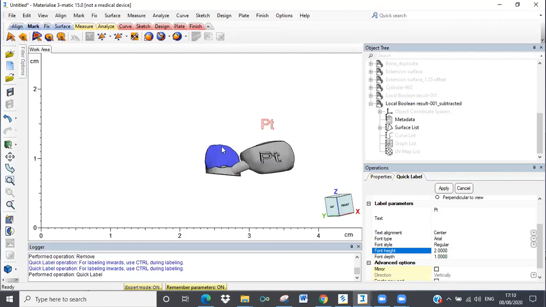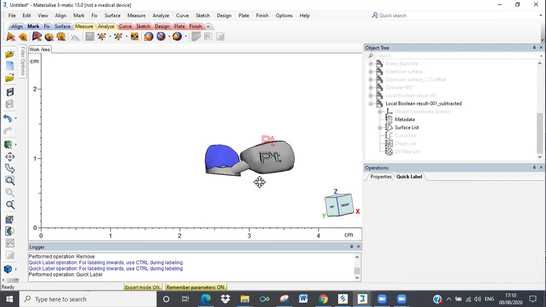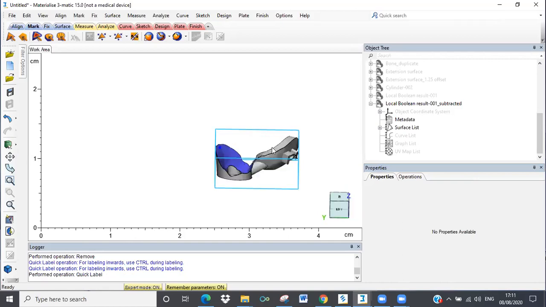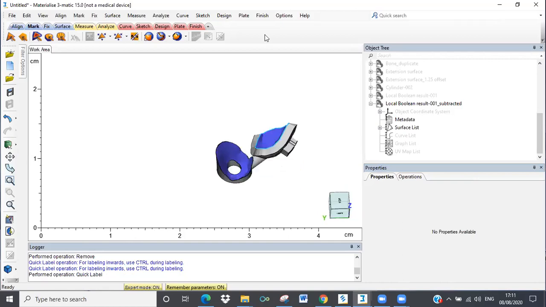And the next option I would want to highlight is smooth. These edges that we have made are still sharp. We need to blunt them, because otherwise it might cause irritation, or if it's too sharp it might even cut the patient. So for that we have to go to Finish, and there's an option called smooth edge. You can click onto that edge, so any edge you can select and you can just smoothen that out.